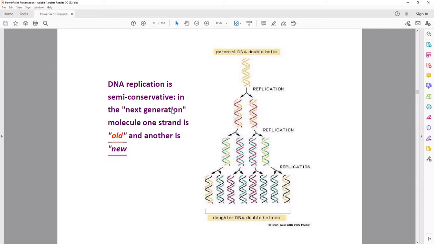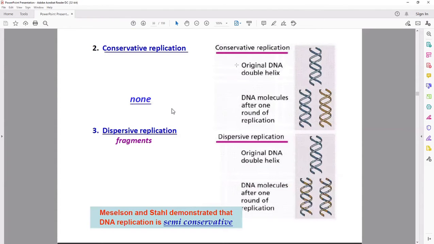This parent strand will act as a template. All of these will become templates here. All of these will also become templates. So that's why from 8 it can become 16. Alright, for conservative replication,